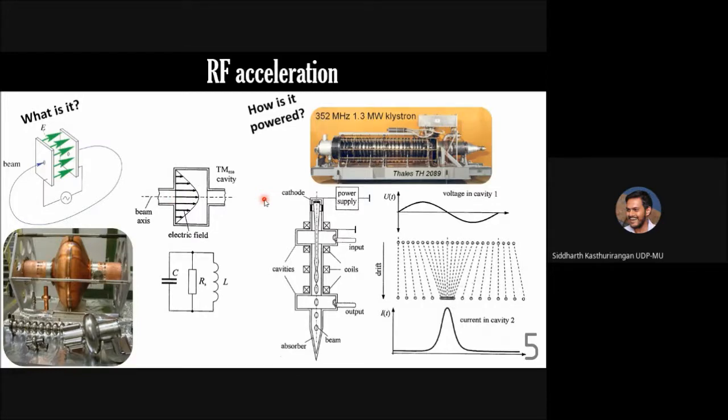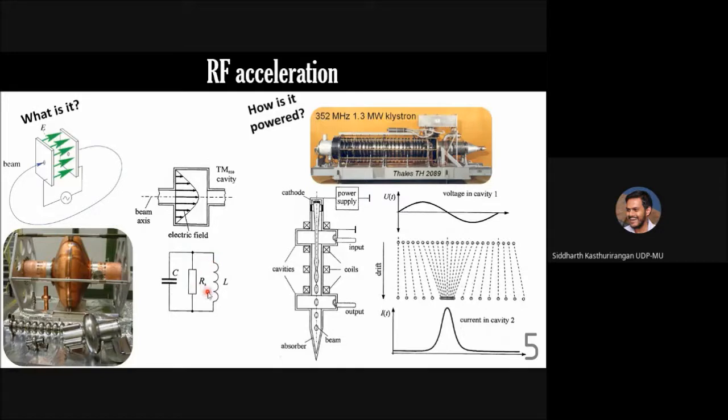For the purpose of power calculations, what is often done is that the RF cavity can be treated as a basic LCR type of circuit, where L is inductance and C is capacitance. But inside this RF cavity, the two end plates can be treated as a capacitor, and when the current is flowing from one plate to the other, meaning when the electric field is basically changing direction, that particular phase can be thought of as an induction phase.